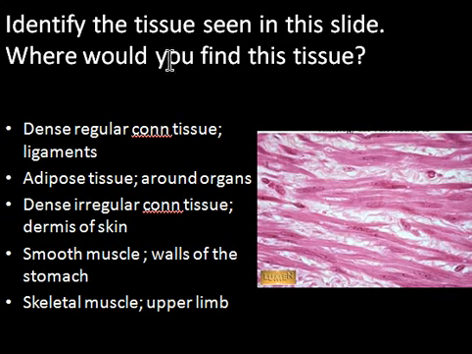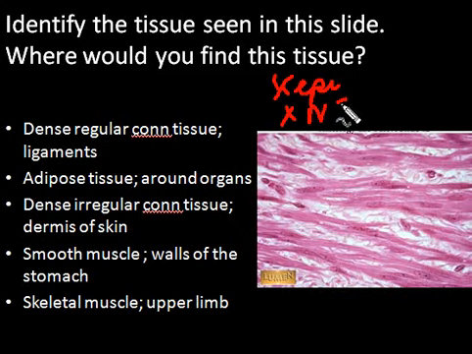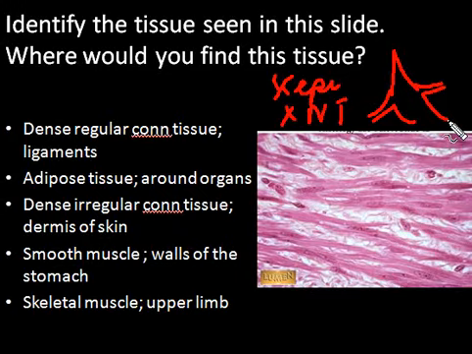This one says identify the tissue seen in this slide and where would you find this tissue. So the first thing here is it is not epithelium, because again you don't see a lumen, you don't see cells like you saw lining any structure, so it is not epithelium. It is also not nervous tissue, because in nervous tissue you'll see multipolar cells like this which have processes, and you'll see axons,